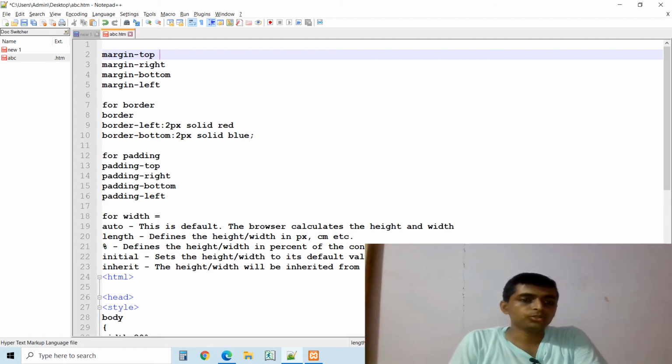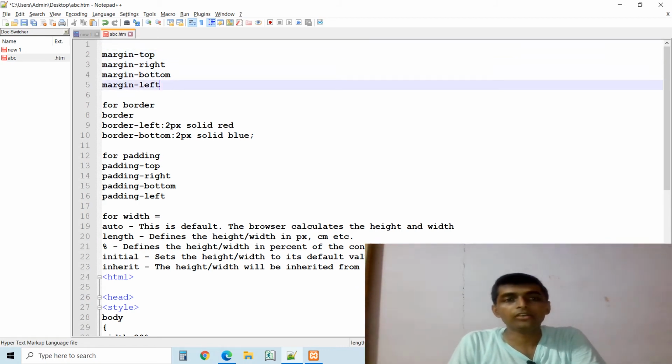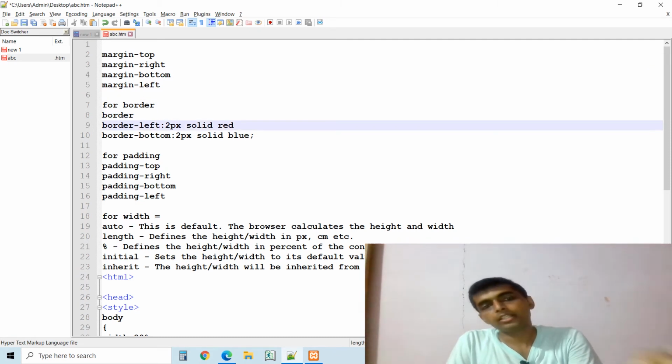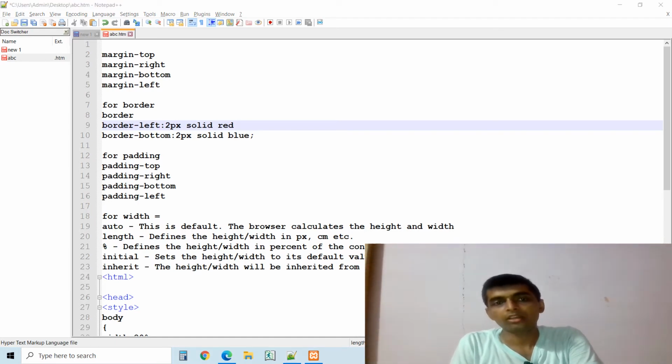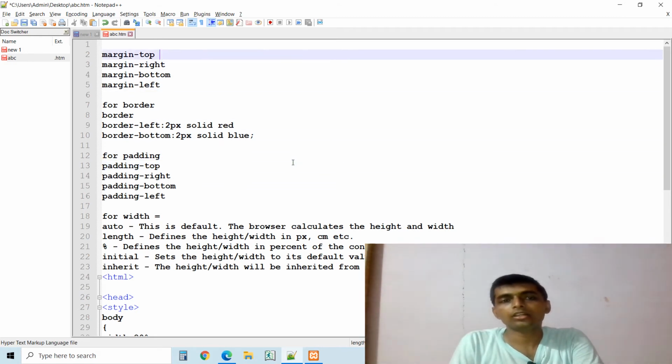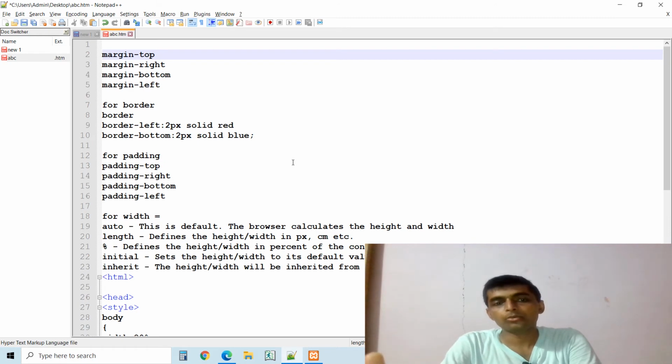Here I am going to show you some examples of how this looks. Suppose I am setting a border. Border also has 4 functions: border top, left, bottom and right. Similarly for padding: padding top, padding right, padding bottom, padding left. Similarly, margin also has 4 sub elements: margin top, margin bottom, margin right, margin left. In this way we can consider width.